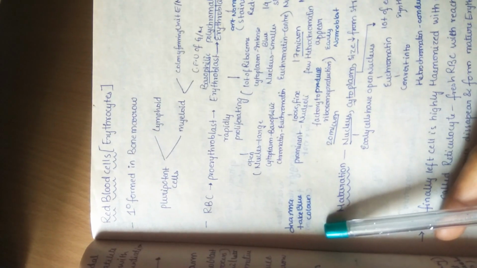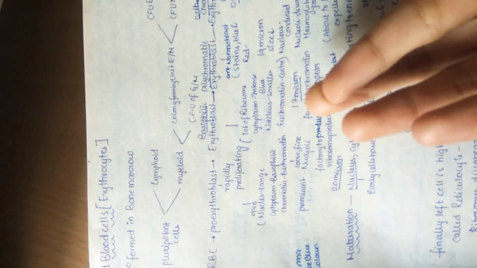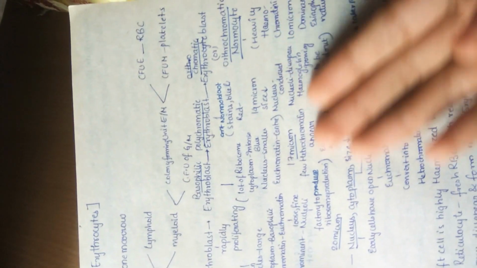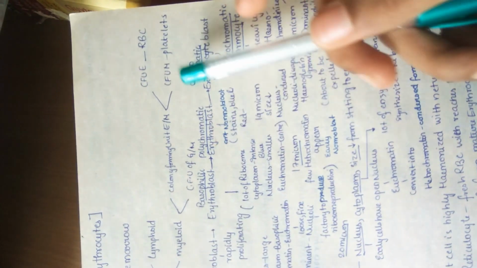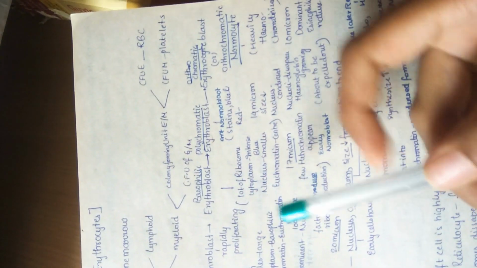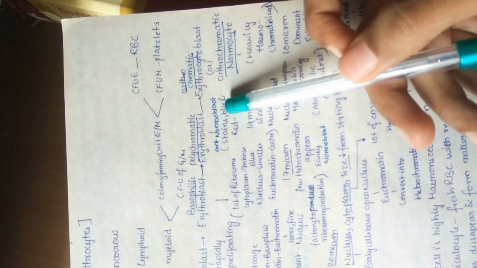So DNA and RNA take the blue color mainly. Even in the cytoplasm, as the ribosomes are present, their proteins are associated with this, so all this appears blue in color. So they are mainly basophilic. Now let us move on to polychromatic erythroblast. Polychromatic, in the name only you can understand, it has different colors in an erythroblast. Mainly it has a red and blue color. So it is the intermediate normoblast.